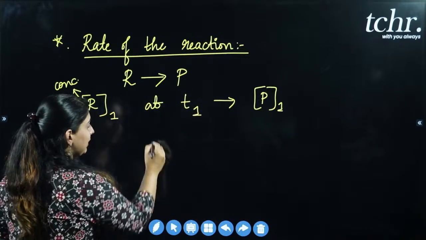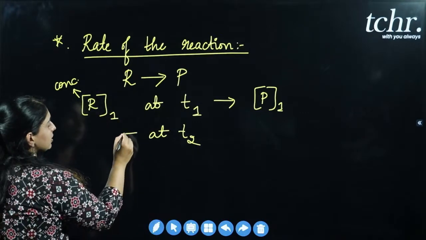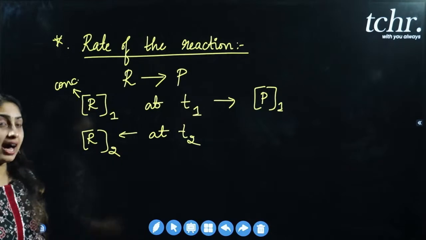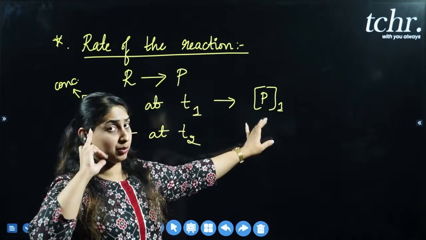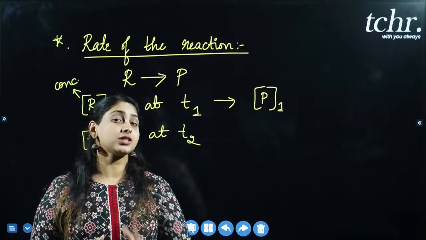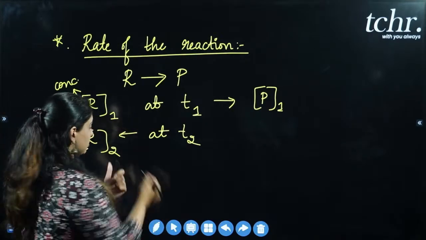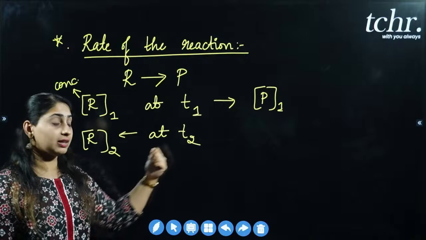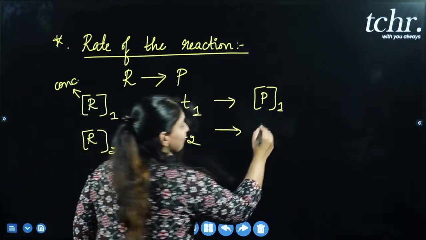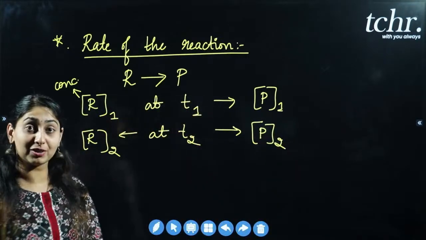Next, you will tell me at time t2, what will be the concentration of reactants? Yes, you are absolutely right. It will be [R2]. Now, in chemical kinetics, remember one thing hereafter. Wherever we write square bracket, it represents the concentration term. It's a concentration symbol used to represent the concentration. So, [R2] represents concentration of the reactants at time t2. So, how do we represent concentration of products? It is represented as [P2]. Yes, you're all very smart. I hope you have understood this, right?